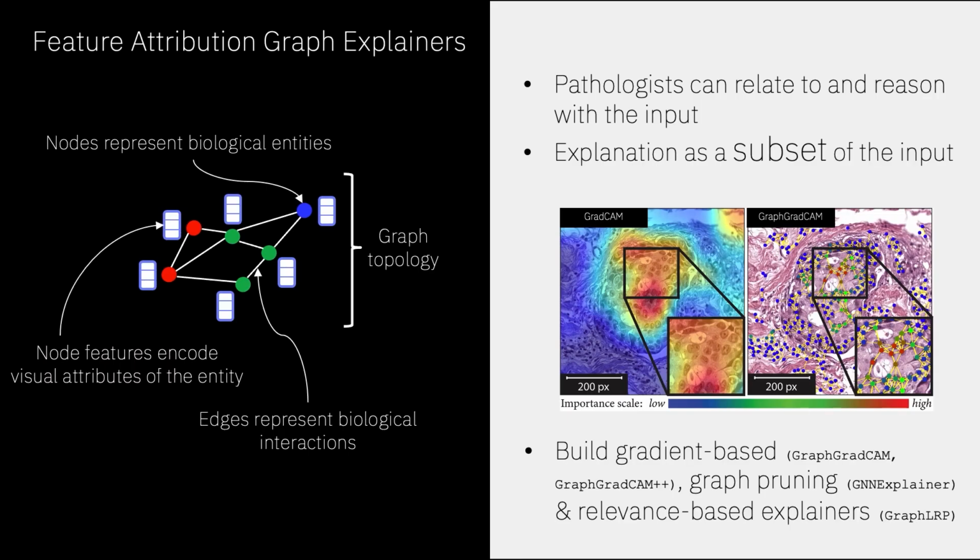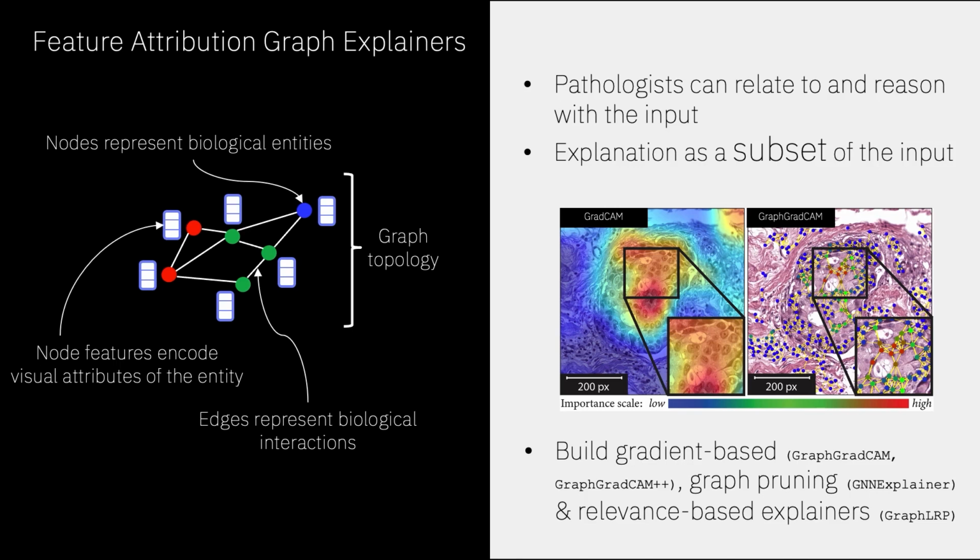So again, by building entity graphs, we made our input space interpretable. And you have an example here of what is happening in a CNN and in the GNN. We see that the CNN's activated regions have really poor spatial resolution, and we cannot really tell which nuclei are important. On the other side, in the cell graph, we can clearly identify which ones are important.